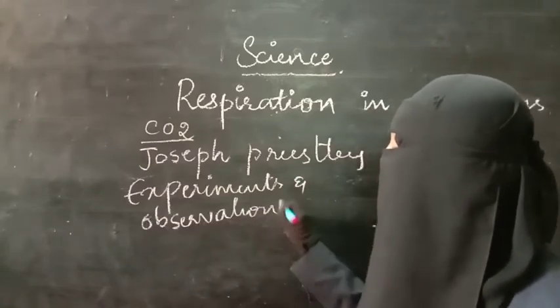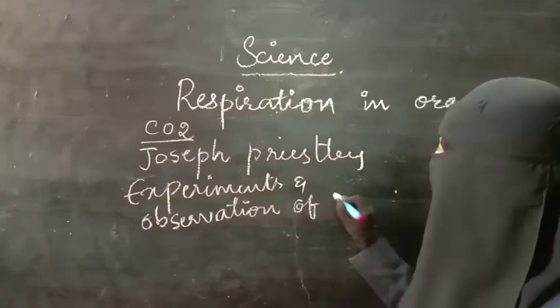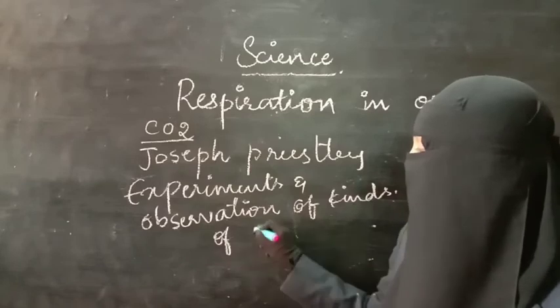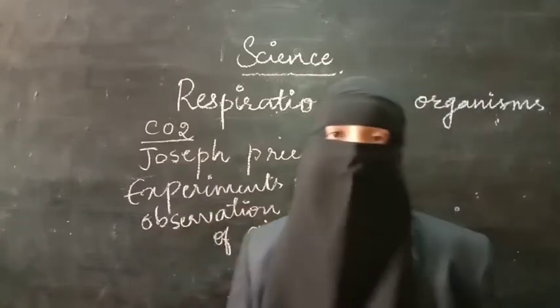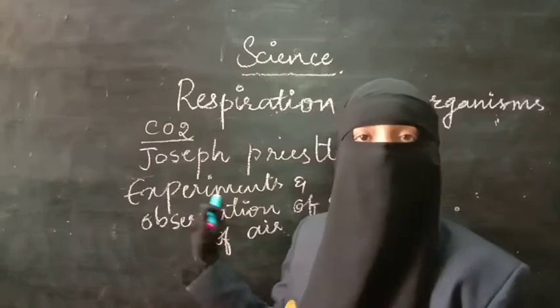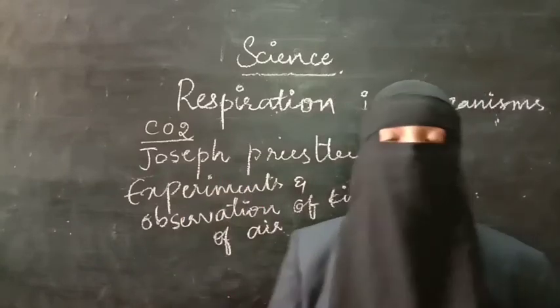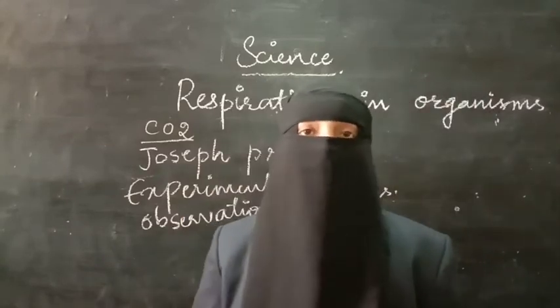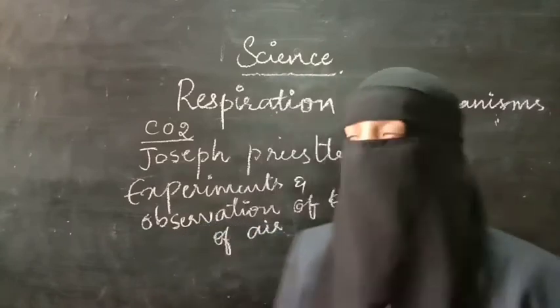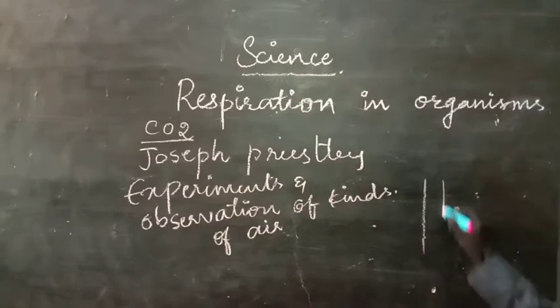Already we know air contains several gases. So the different kinds of gases present in air were discovered and observed by doing different experiments, and they have been printed in this book. Joseph Priestley did an experiment to know about the gas. For the experiment, he selected a burning candle and a bell jar.